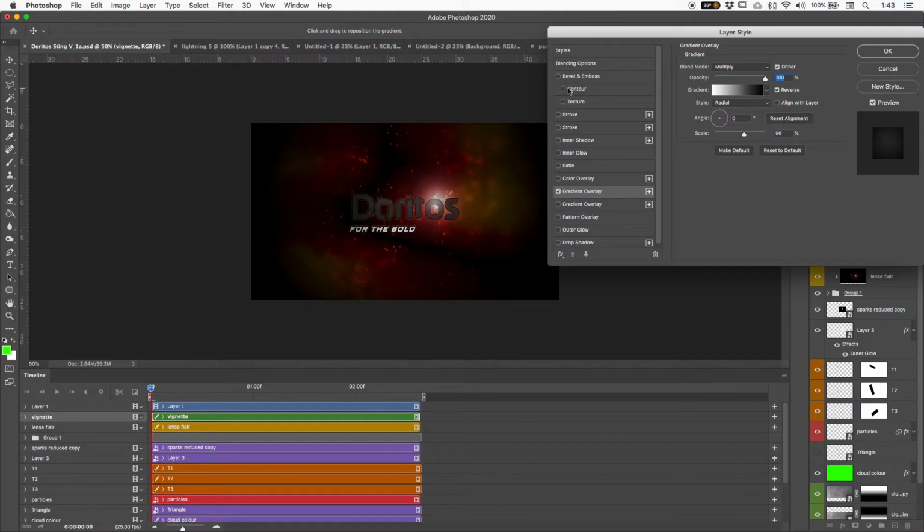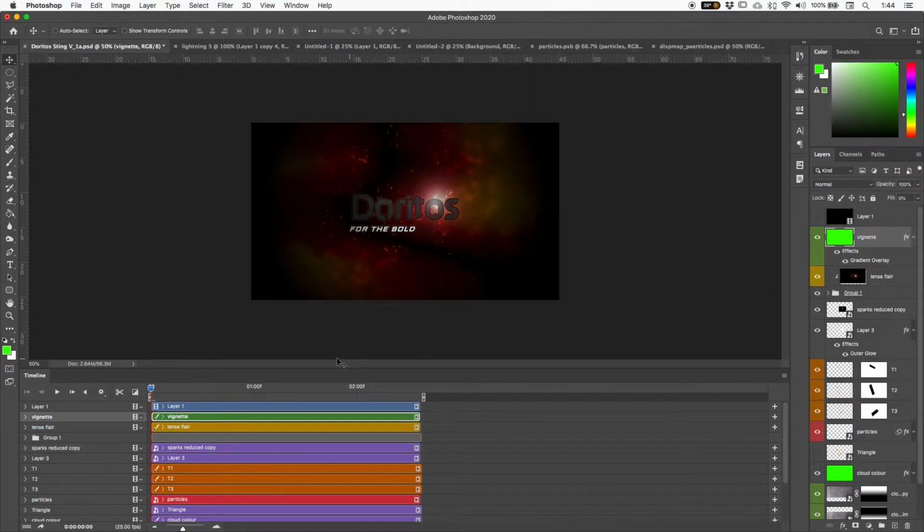And there we have it. We can actually see through it. So I'm going to hit OK on that, and I'm just going to scrub through to the point where I actually want that vignette to be at its maximum. It's going to be roughly about the 2-second mark, where I want to be able to see everything with that